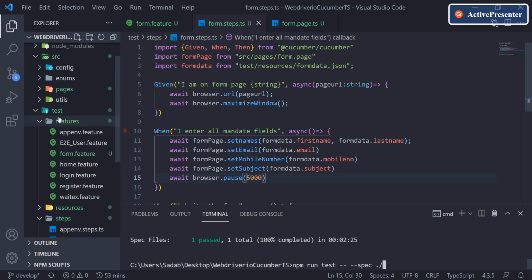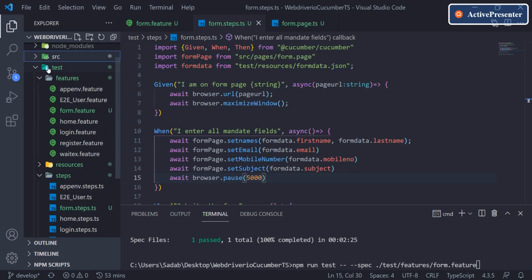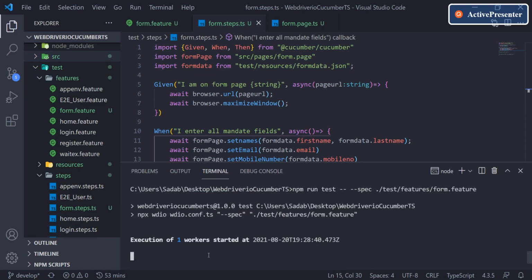My root folder is test, then the features folder, and then the file name is form.feature. That's what I've given. Let's run and check how it goes.